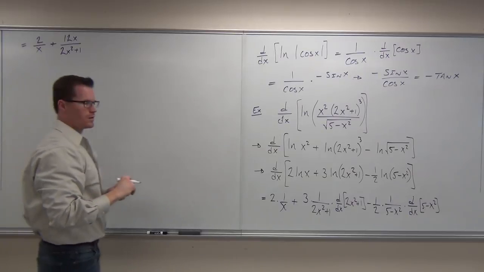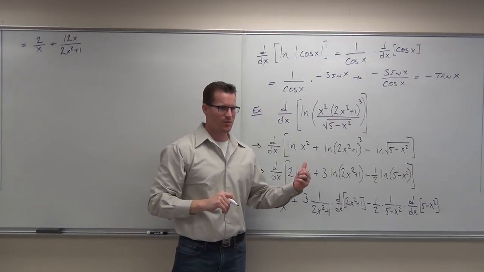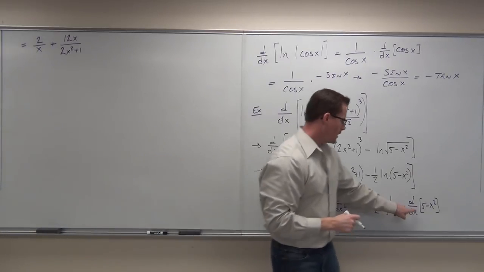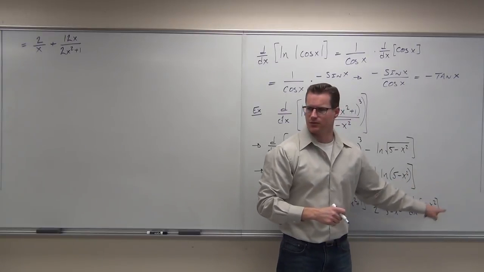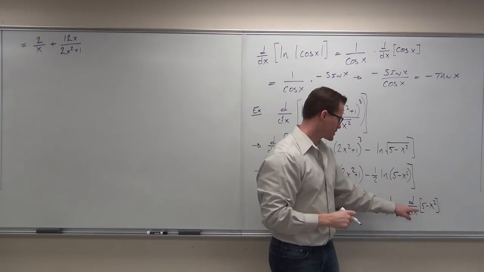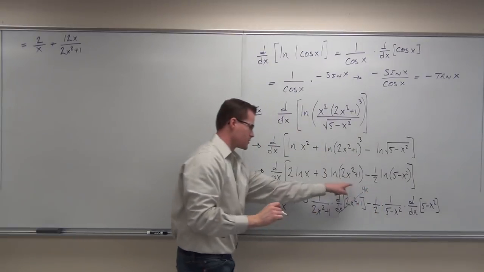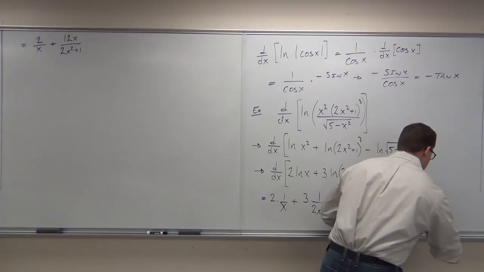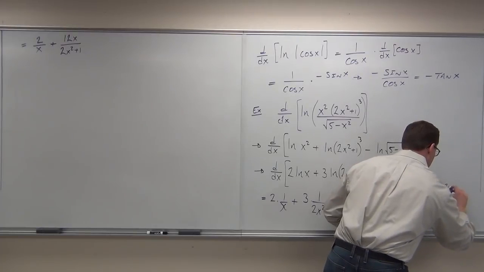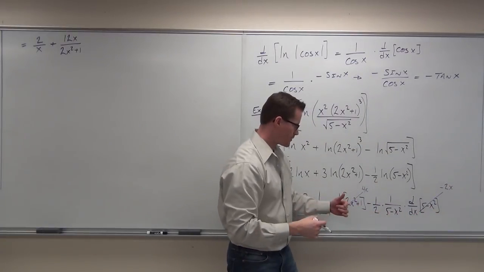You guys 2 for 2? Did you get both of them? How much is this derivative? What's that give you? Negative 2x. So this is, now let's write that. This would be 4x. That's how we got the 12x. This, you said this is what? Negative 2x. Okay, so if we put this together,